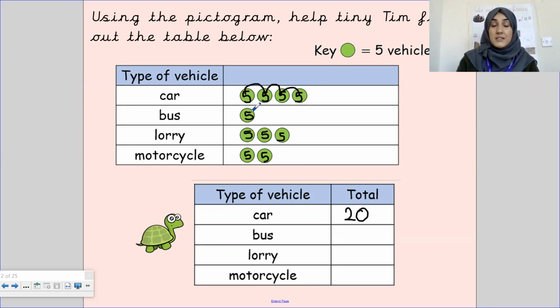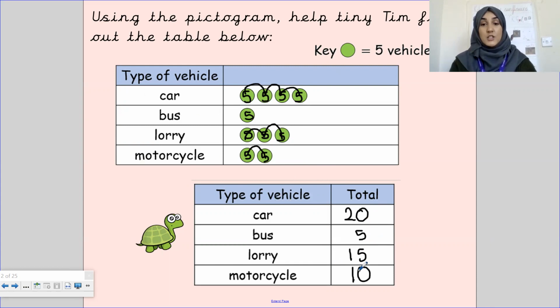Now, the amount of buses that were seen were 5. The amount of lorries that were seen were 5, 10, 15. And the amount of motorcycles that were seen are 5, 10. So together we have completed the total below using this pictogram, and the key was one green circle equaled